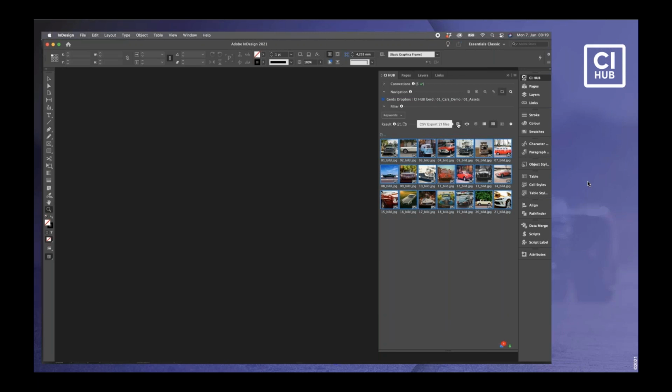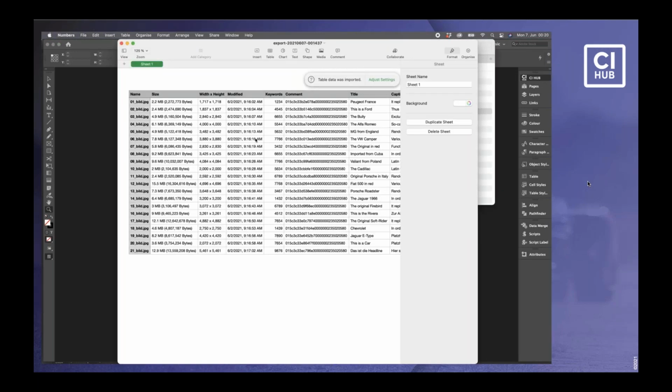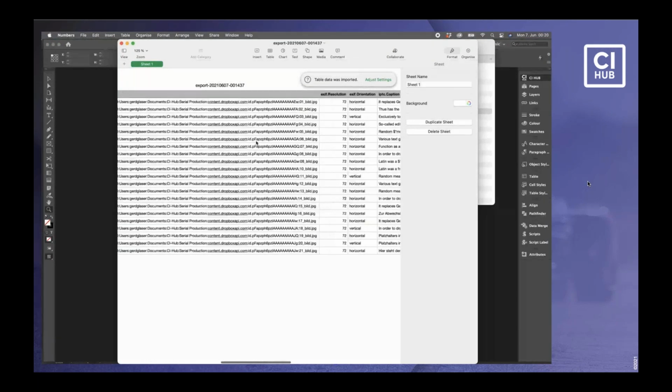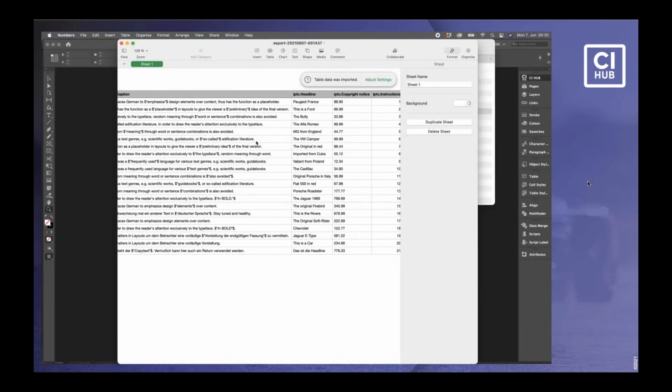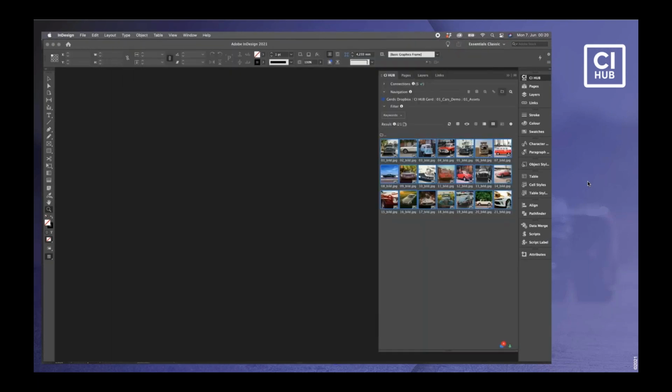And there's a feature called CSV export. So I just click on it and export a CSV file. So the CSV file is produced. It looks like that. Just plain text, like an Excel sheet. If I go back to InDesign,